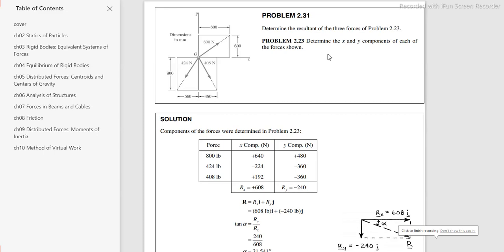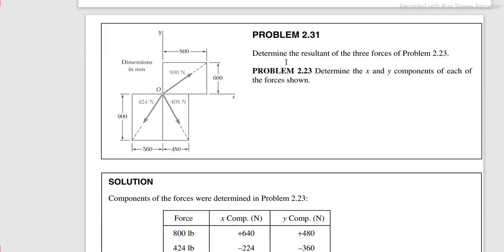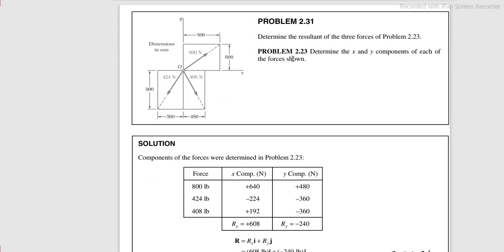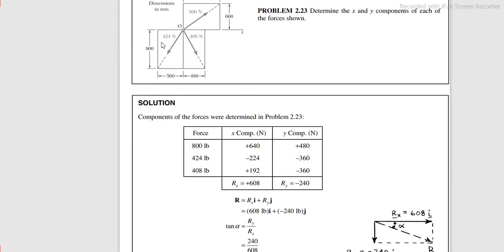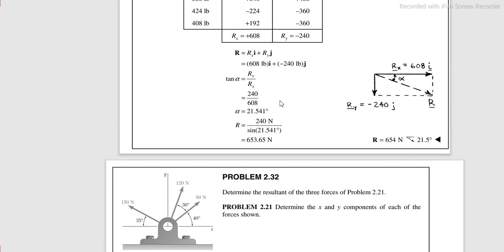The second episode is problem 2.31 in chapter 2, statics of particles. So here, determine the resultant of the three forces, problem 2.23, previous problem and same. We need a free body diagram. Here this is, and the solution is forces x component and y component, and R will be